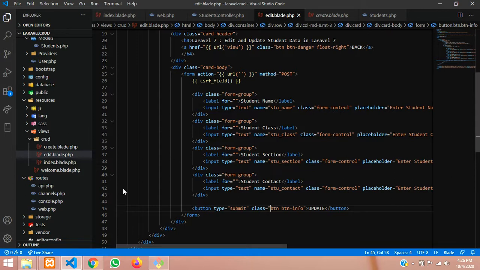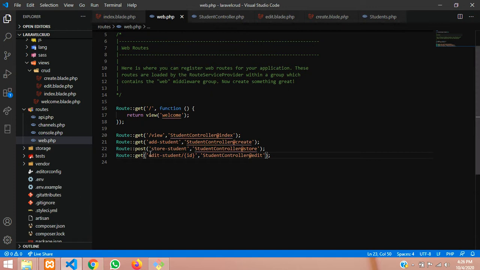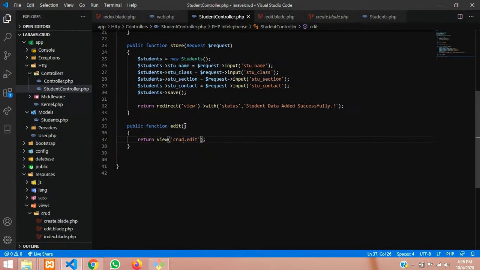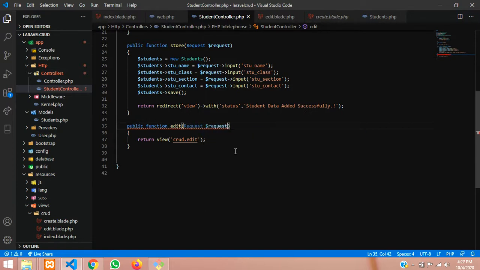So let's reload this page, because we have already set the edit thing over here. So guys, now let us edit, but I'll just show you what we have passed in this URL, edit slash ID. So let's pass that over here. Let's take the request also, if any input request will be there. Request $request and $ID.